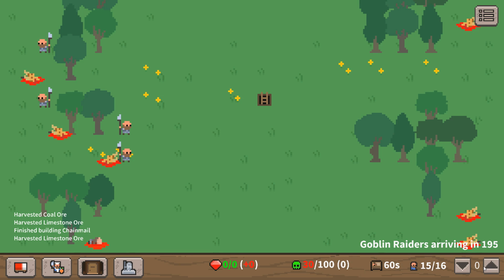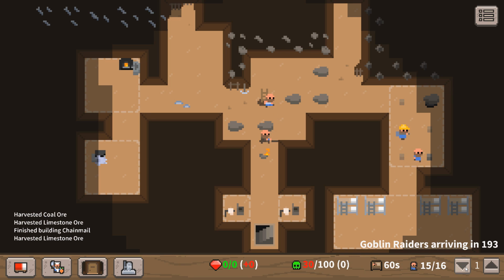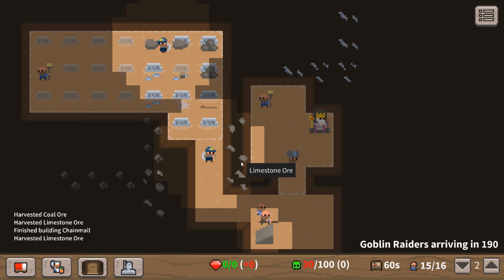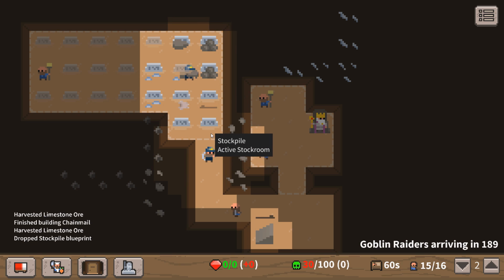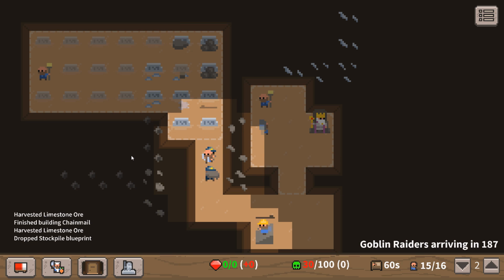Our next dwarfs, we got 200 cycles until the next wave comes in. Let's go ahead and try and use that time accordingly. I'm also missing one of these right here. Obviously, that means we're going to try...